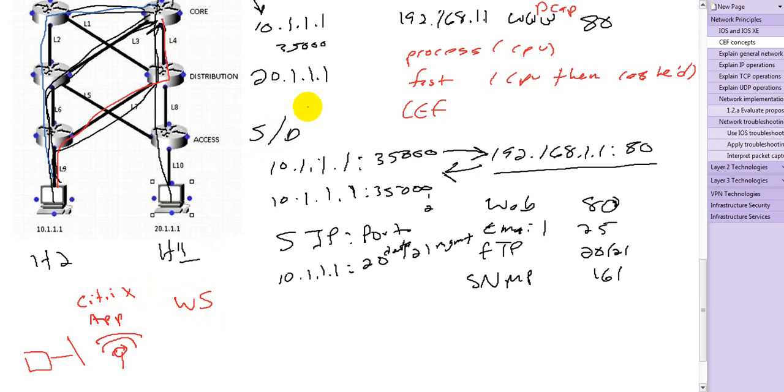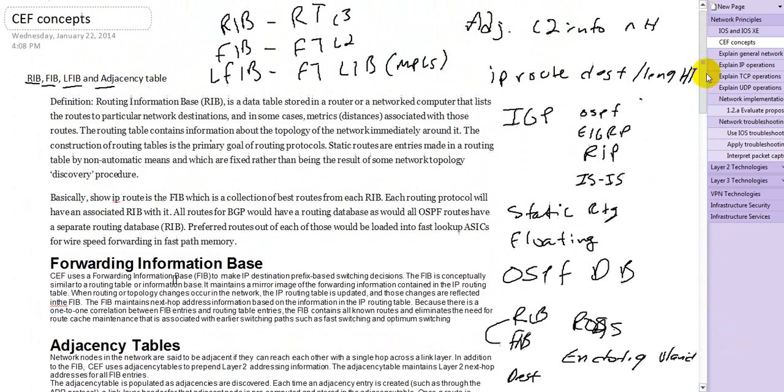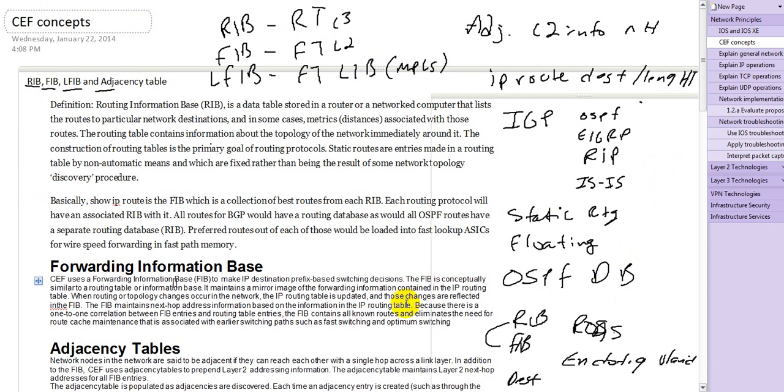But that is the extent of how CEF works. If you'd like to know more about CEF, I would definitely recommend looking up Cisco's documentation and seeing how it all comes into play, because if you don't get it now, you're going to have a hard time down the road with it, because of the fact of, and I believe,